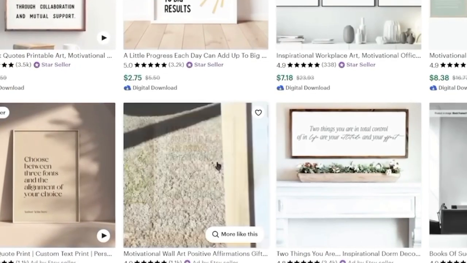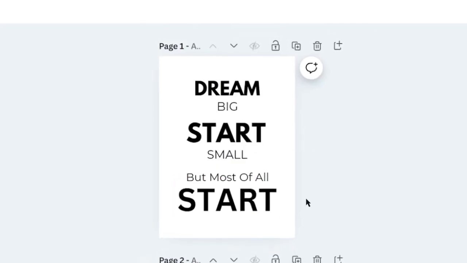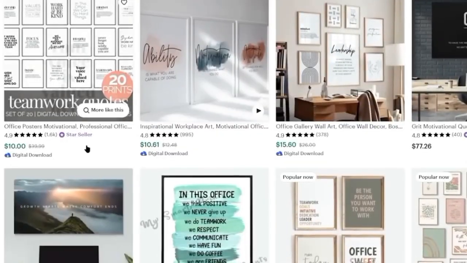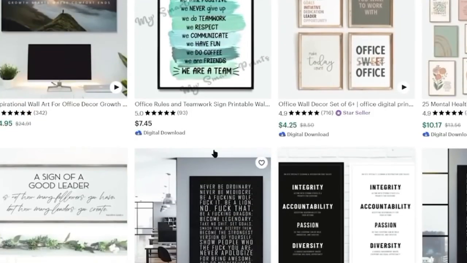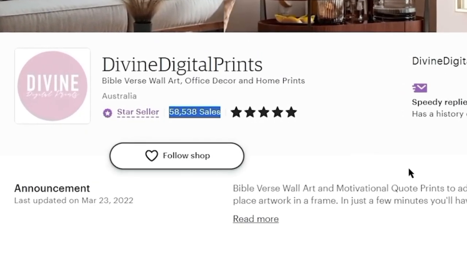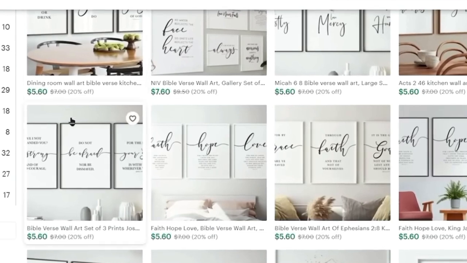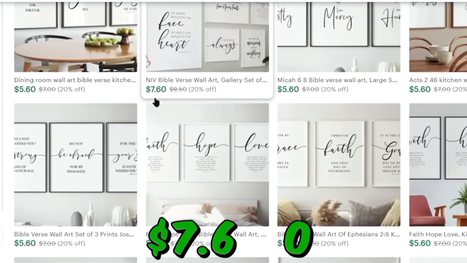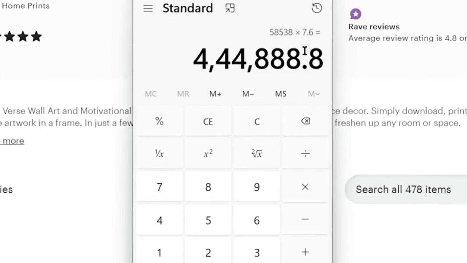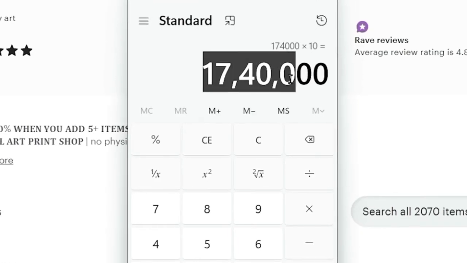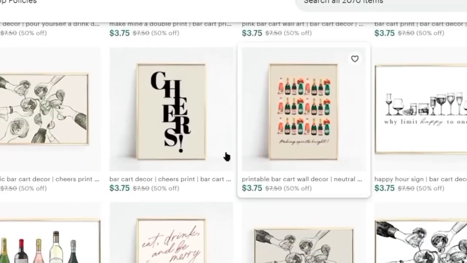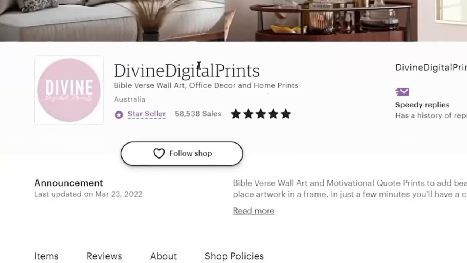The reason we chose inspirational quotes for our images is that, for example, if I show you this print-on-demand Etsy shop, Kiki and Nim, which sells printable frames for businesses and additional sayings and pictures, there are many Etsy shops like this one. As you can see, this Divine Digital Print Shop has over 58,000 sales, and they are selling these wall arts with inspirational quotes for an average price of $10. You can also see that they have over 170,000 sales in their shop. They are selling these quotes wall art for anywhere from $3 up to $14. Even if we take $10 as the average sales price, they have already made over $1.7 million.